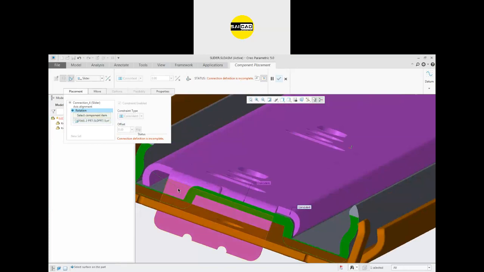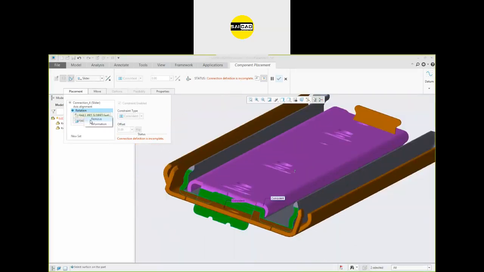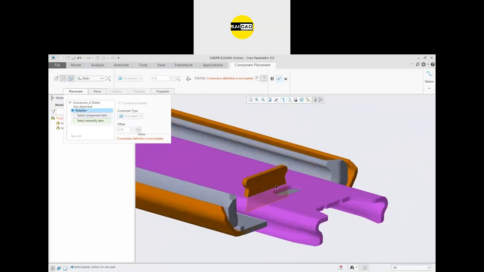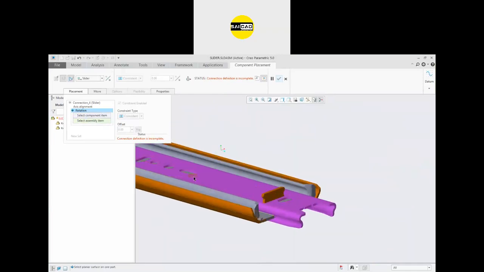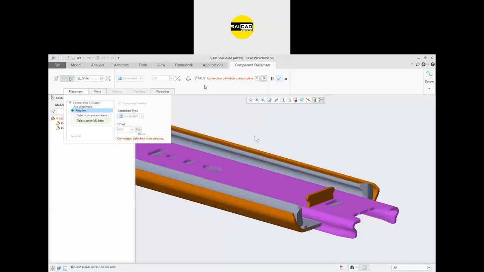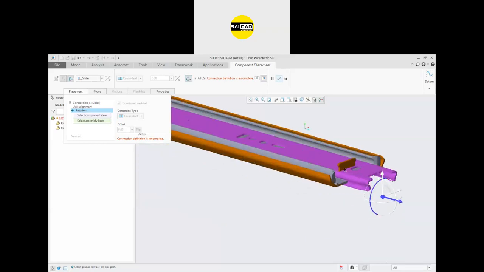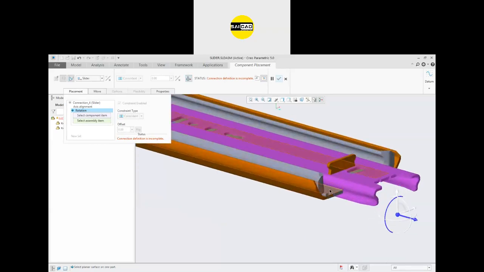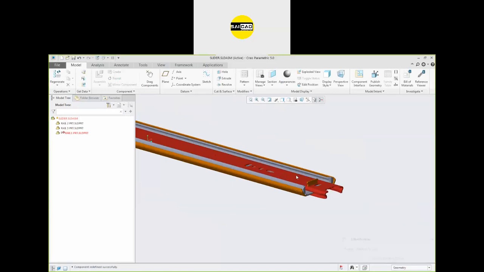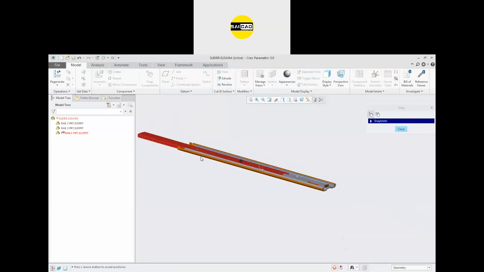So the relation should be with this component. I don't know why the size changed here. Size was equal in the first component when I created this one. Okay, so the rotation is this one. So just apply the relation between these two components, and here is the slider. You can now just drag the component from here like that. So this component is in the motion.